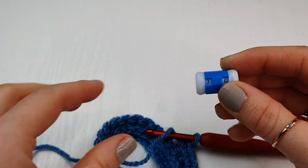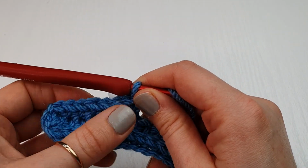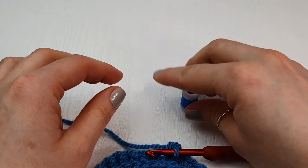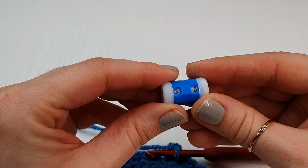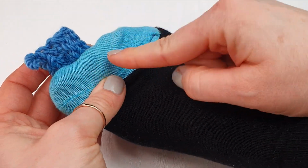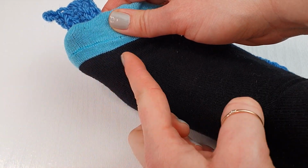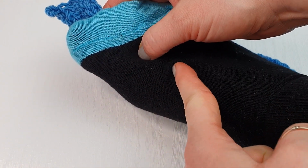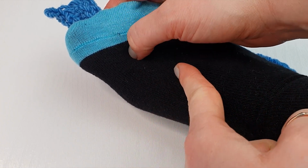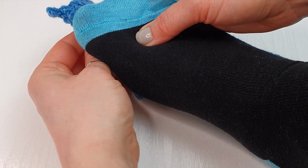And now the stitch counter is very useful. Or if you don't have it, you can of course use a piece of paper and a pen. And we are going to measure it like this. We are going to measure from the middle toe, and you need to cover your big toe. So we're going to go from this side and get to the top and make sure to cover your